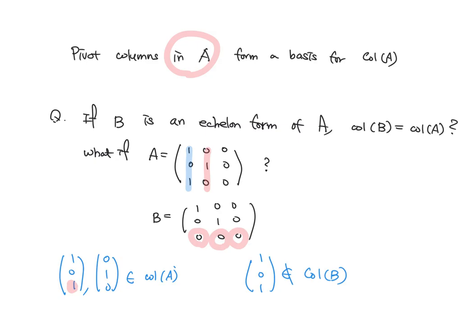So the column space of A and the column space of B cannot be the same in this example. Right? So the column space of A and the column space of B are different. That's why in the theorem, when I consider a basis for the column space of A matrix, you perform the row operation to derive the reduced row echelon form. Once you have the reduced row echelon form, you can identify the pivot columns of that reduced row echelon form,